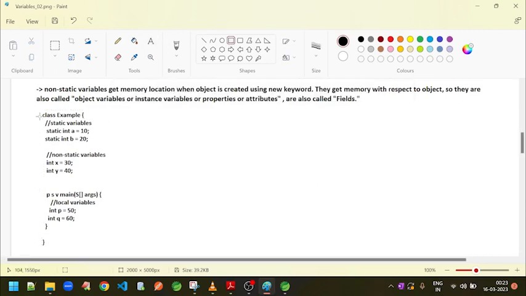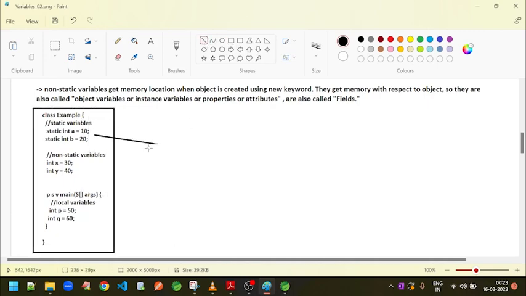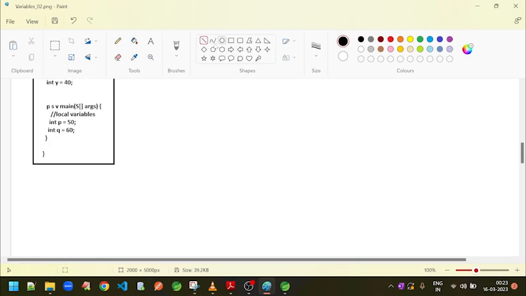So here we can see the examples of where variables are defined. Here static is there, non-static is there, and local is there. Okay, so next, moving forward, we will have a question like this: